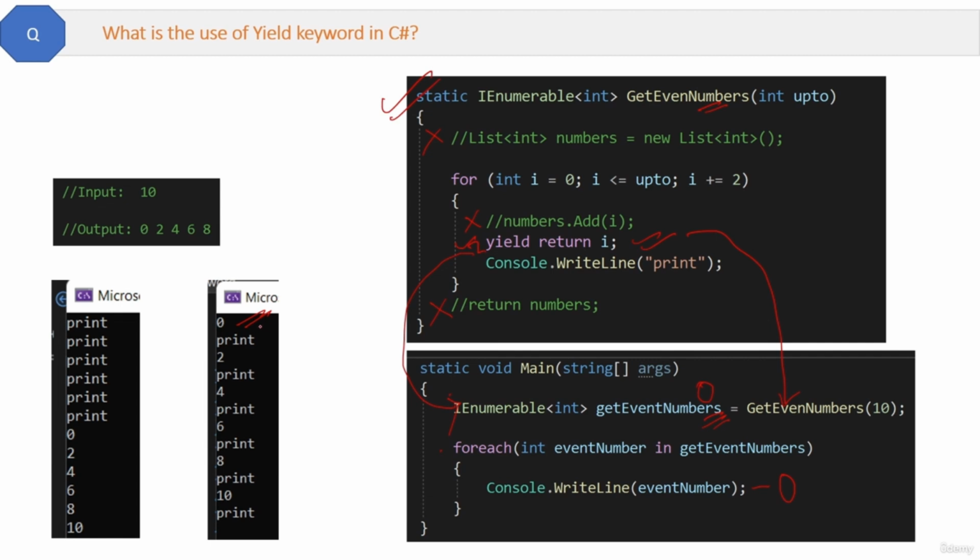So like this, here first 0 is printed, then the execution will go back to the for loop, and then it will print this print statement. Now again the loop will execute and the next even number 2 will get printed, and this yield will send it back to the calling method, which prints the 2 here, and then it goes back and prints the print statement. So basically this is one of the uses of the yield keyword. This will basically improve the efficiency